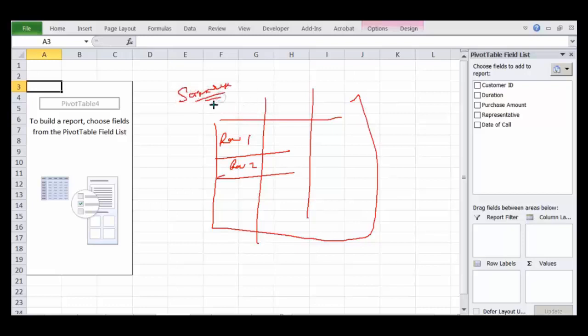When I say summarize the data, you may want to know what is the sum of the values of all the rows, or you may want to know what is the count of all the rows. These are very useful in analyzing, let's say, sales type of data, or a company's profit type of data. All those data you can easily summarize.